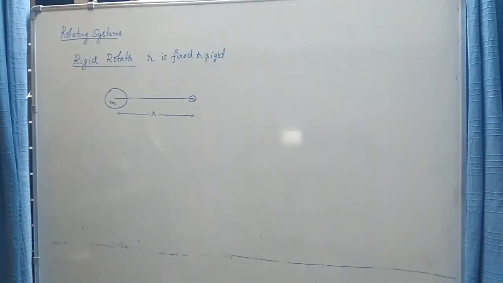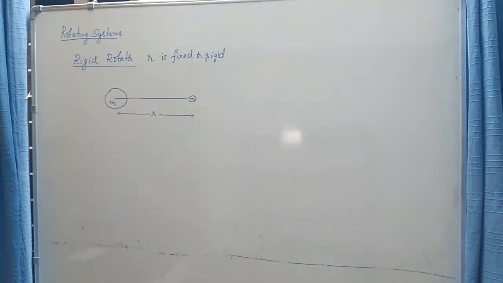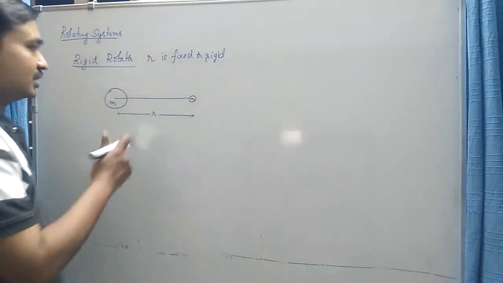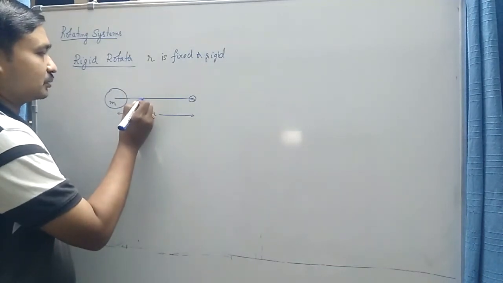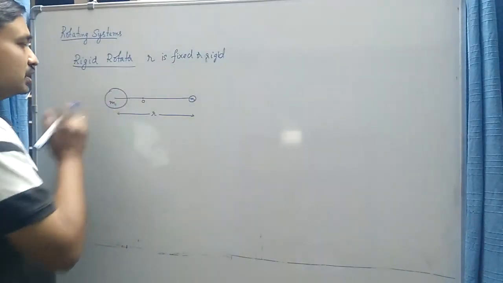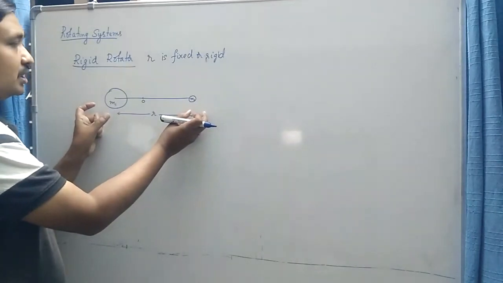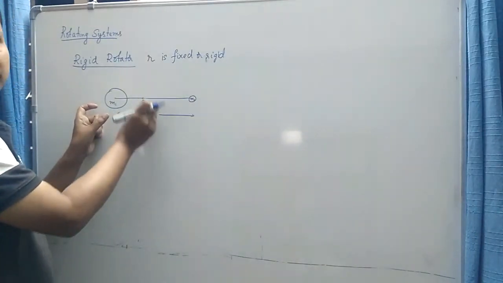Now, as I explained earlier, for a system containing more than one particle, we can imagine a point called the center of mass. This point is an imaginary point and it acts as some kind of balancing point. Also the center of mass is always close to the particle which is heavier. So in this case, the center of mass should be somewhere, say for example here. I will take it as O, representing the center of mass, which is closer to the mass m1. If the two masses m1 and m2 were equal, then the center of mass would be at the exact center between these two particles.